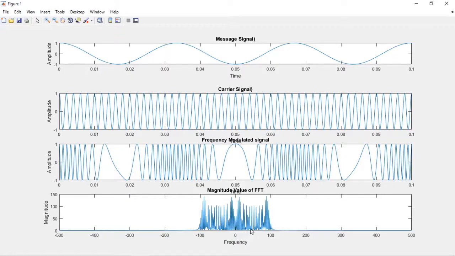And here we have the carrier and the bandwidth is increased. More side bands. As beta increases, the side bands also increase. As side bands increase, the bandwidth also increases. We will represent this signal in a better form and we can get to a wideband FM for providing more signal to noise ratio. So I think this video is useful to you.